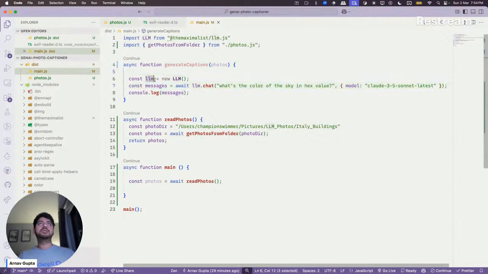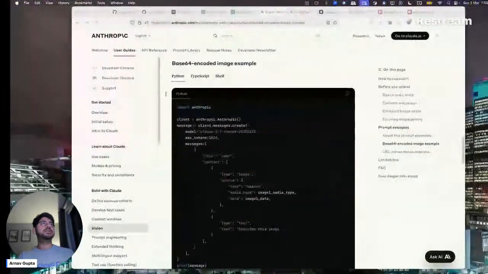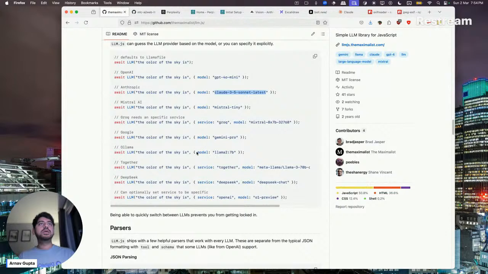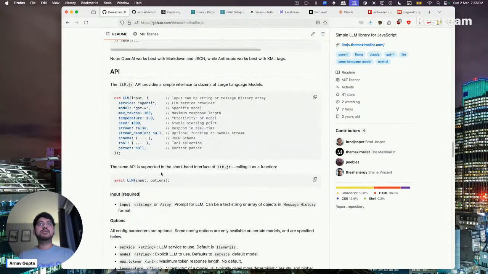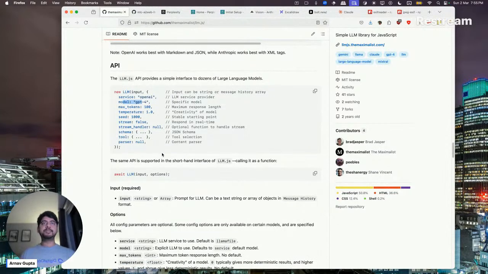So yeah, new LLM. And then I think what we can do is, instead of just doing this, there is a way to do new LLM and pass the input or a message history array, and you can pass service, model, all of that stuff. So let me do this thing.